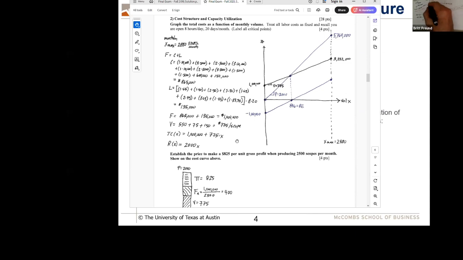Or I can use logic up here, and I can say, if my revenue is 0 and my costs are $1 million, I started out losing $1 million. I know my break even is the point at which my revenue and my cost cross each other, so we got to figure out what that point is. And I know the most I could make would be the 5,760 minus the 3,232. Okay, and this is that contribution margin, which is the $1,275 for each. And this point over here, I guess I didn't calculate it, so let's do it real quick.